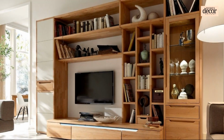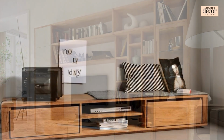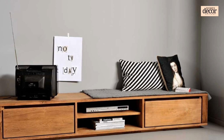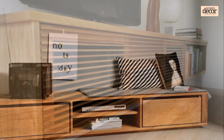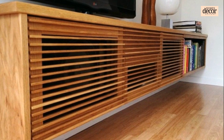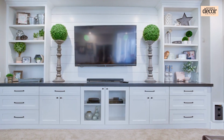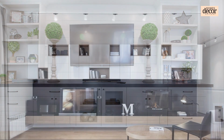Crafting your masterpiece, a guide to designing the perfect TV unit cabinet. Designing your own TV unit cabinet allows you to tailor it to your specific needs and preferences. Start by determining the size and layout of the unit, considering the size of your TV, storage requirements, and desired functionality. Sketch out your